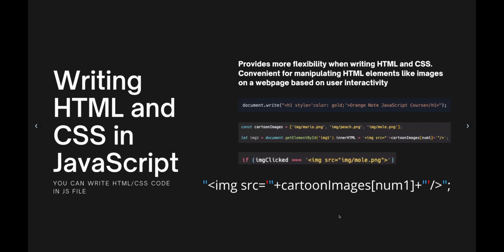Okay, so writing HTML and CSS in JavaScript. As you may know, you can write HTML and CSS code in the JavaScript file. I've been doing that throughout the entire course. I think I did it on the very first demo with the square that changes colors. So every now and then you've been seeing it, but I wanted to take the time to explain it a little bit more. What it does is it provides more flexibility when writing HTML and CSS,